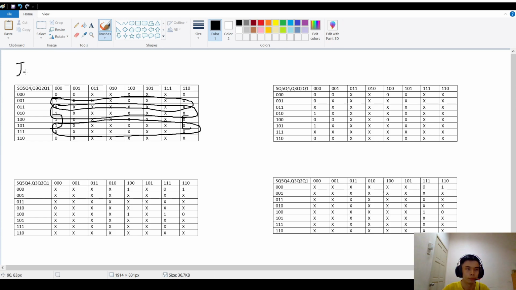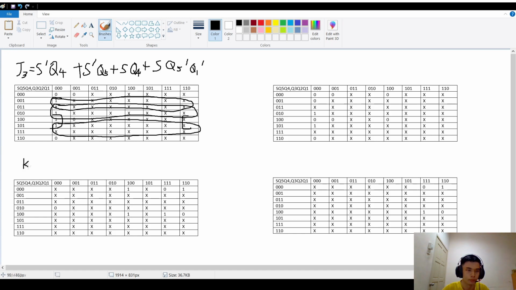So J3 equals S bar Q4 plus S bar Q5 plus S Q4 plus S Q5 bar Q1 bar